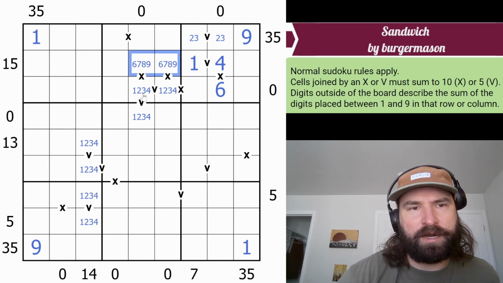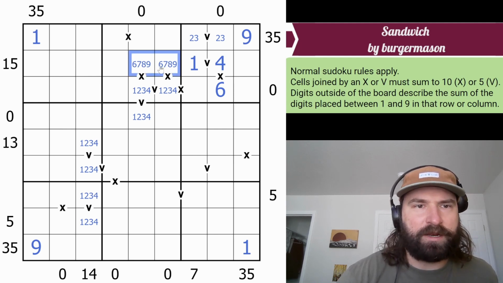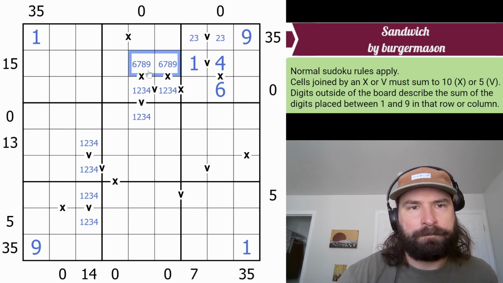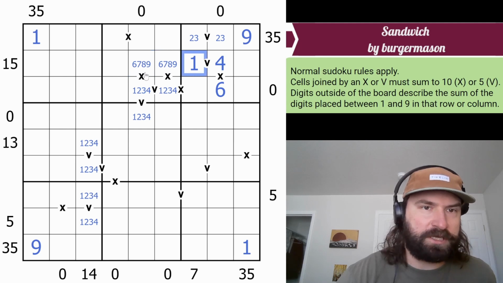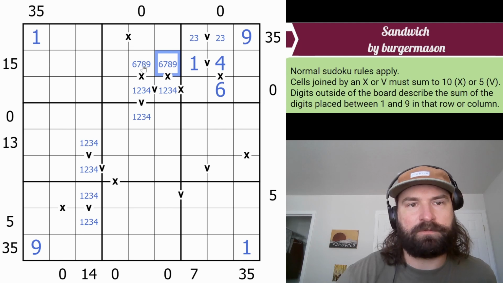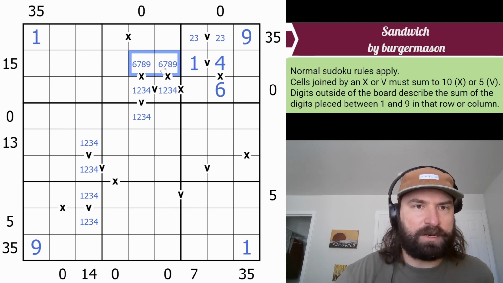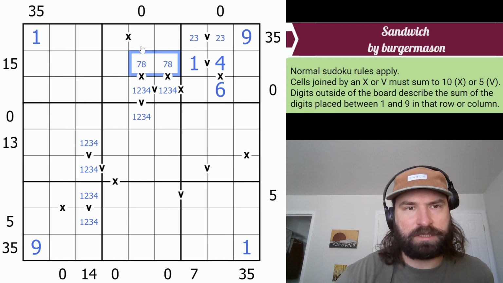So since these are high numbers, these had to be low numbers because they're on a V, which makes these high numbers because they have to add up with a low number to add a 10. And then if I put a 9 on one of these boxes, then the total between the 1 and the 9, the 1 is here, and the 9 would be whatever this digit is, or it would be 0 if the 9 was here, but it has to be 15. So there can't be a 9 on either one of these, so there can't be a 6, because,